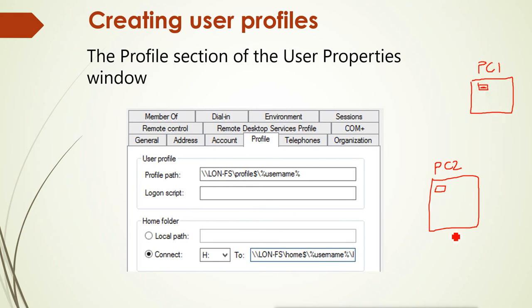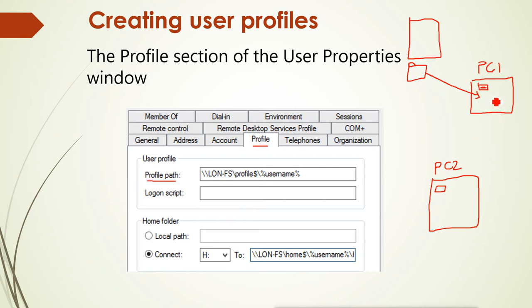In that case, the user will call the administrator and say, my files are missing. I created a file yesterday on the desktop and in documents, and now it is not showing here. For those kinds of users, we can create a roaming profile. Roaming profile means we can configure the profile path in that user's properties under the profile tab. We can give the remote path here, which is a share folder. That means we will create a share folder in the file server, and then mention the profile path for those users pointing to this share folder.